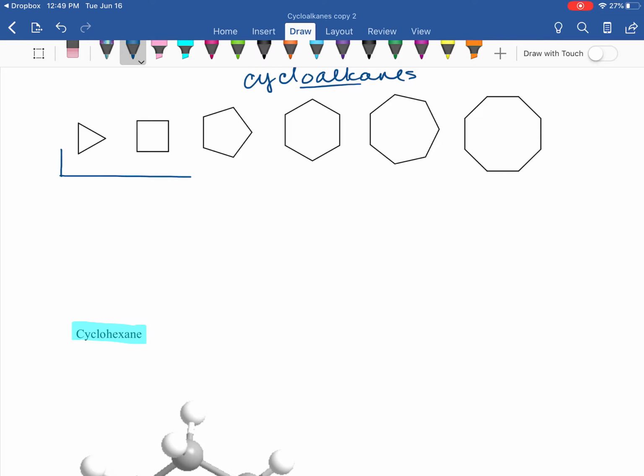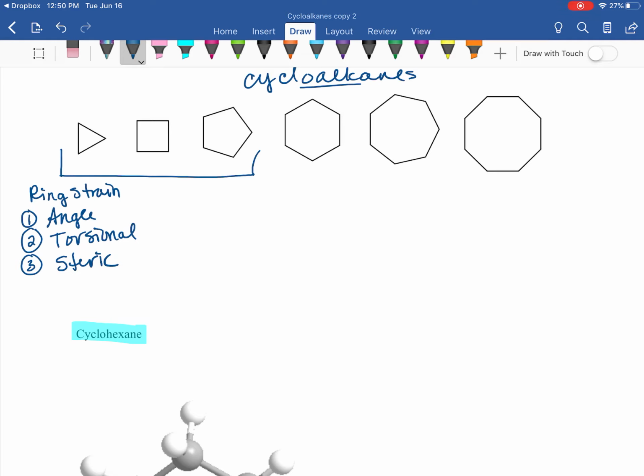So far we've already tackled our rings here. We've got our cyclopropane, butane, and pentane. And we talked about some vocab. We looked at our ring strain, and we had our 3 types of ring strain. We had that angle strain, torsional strain, and then finally steric strain. If we had anything bigger than a hydrogen, as soon as we started putting another carbon on there, we had